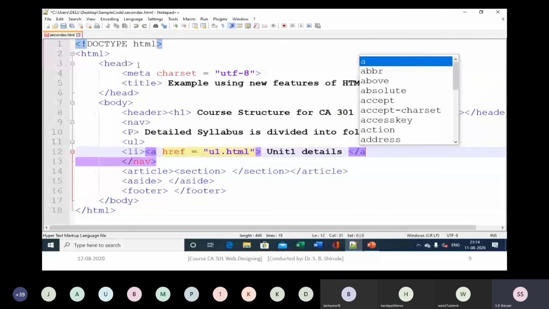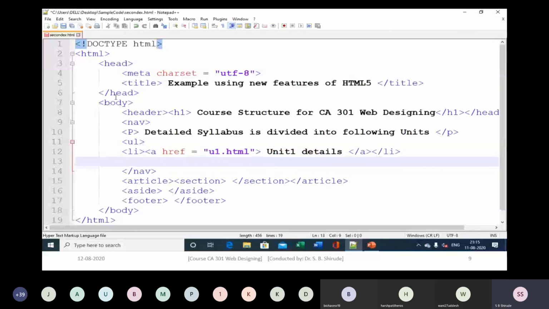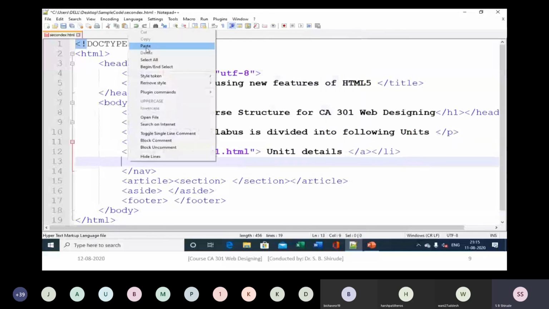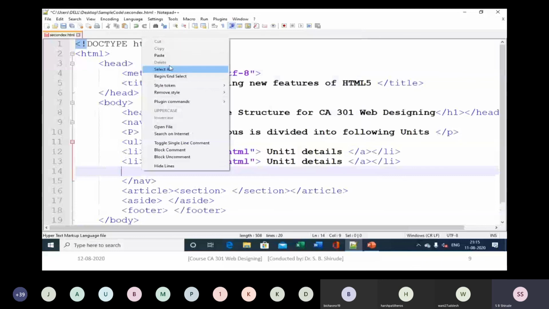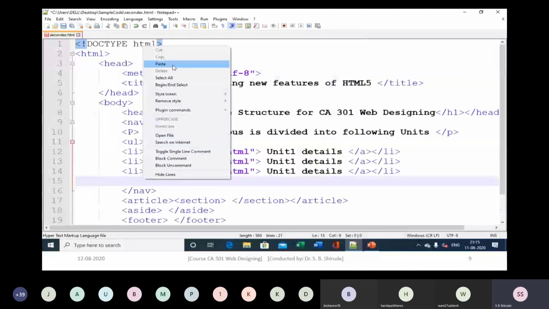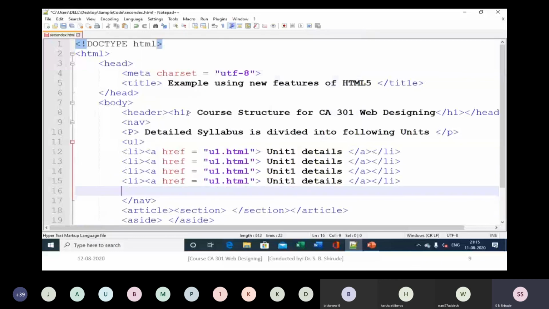Like that we will copy for the units. Just copy those particular lines in the UL. So for the second unit, then the third unit, then the fourth unit, then the fifth unit, and then just change the names of the HTML pages so that each links to that particular unit.